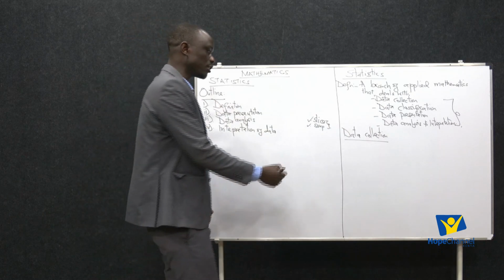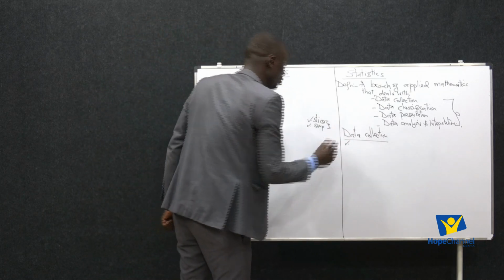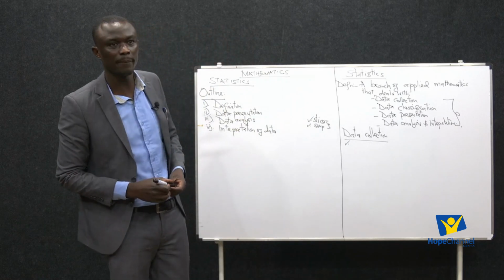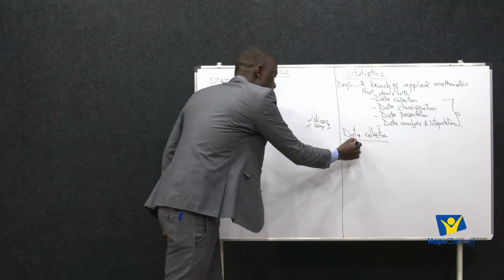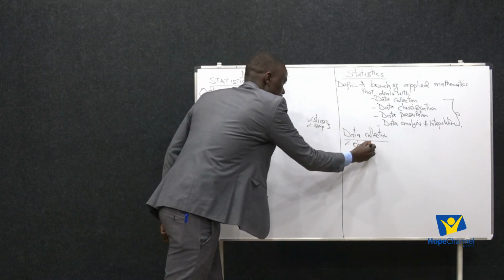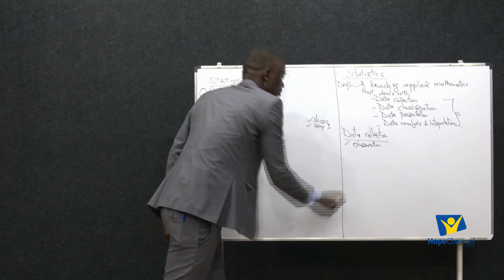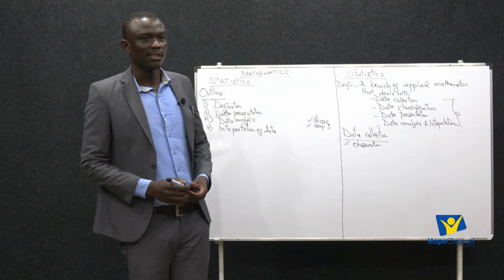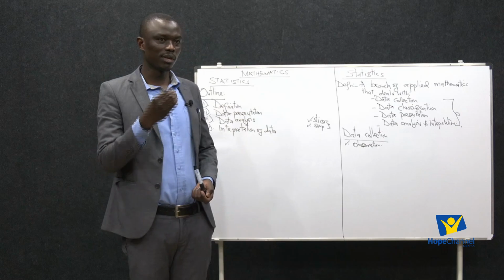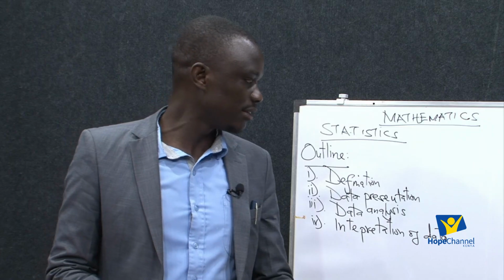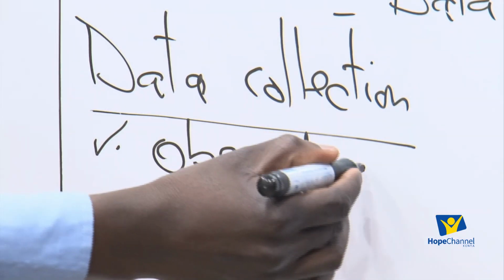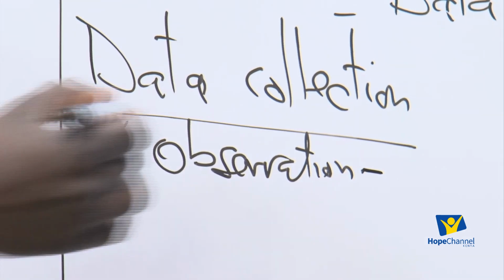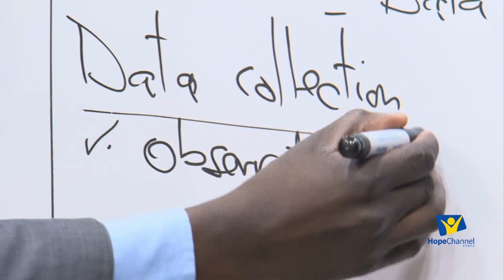So data collection, we have different methods which we can use to gather data. One of these methods, which is the primary method, is called observation. I know somebody is now looking, somebody is very keen, glued to the screen. What are you doing, or what are you seeing? Whatever sense you are using in that case is the sense of sight. What you can see,